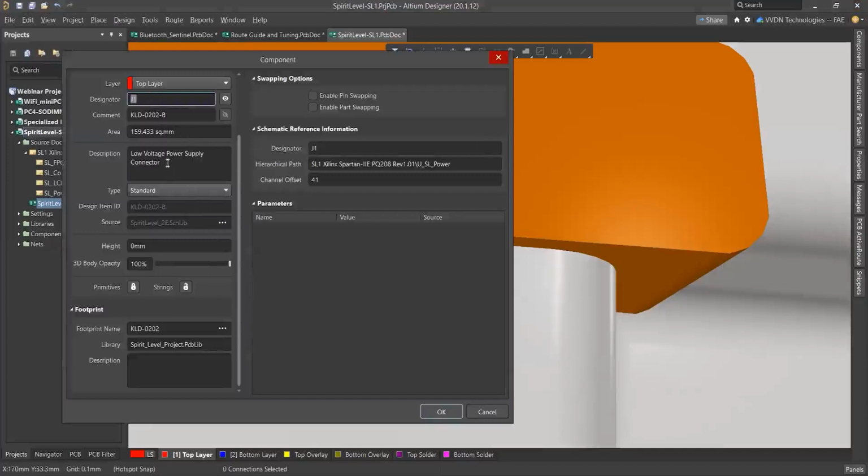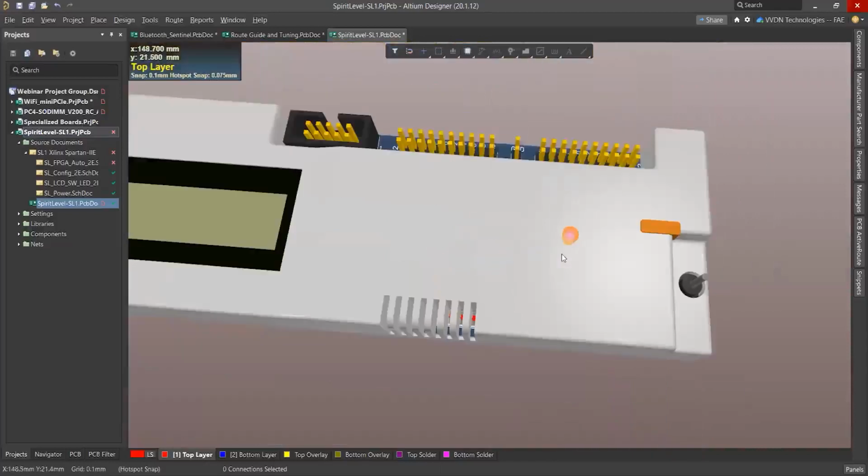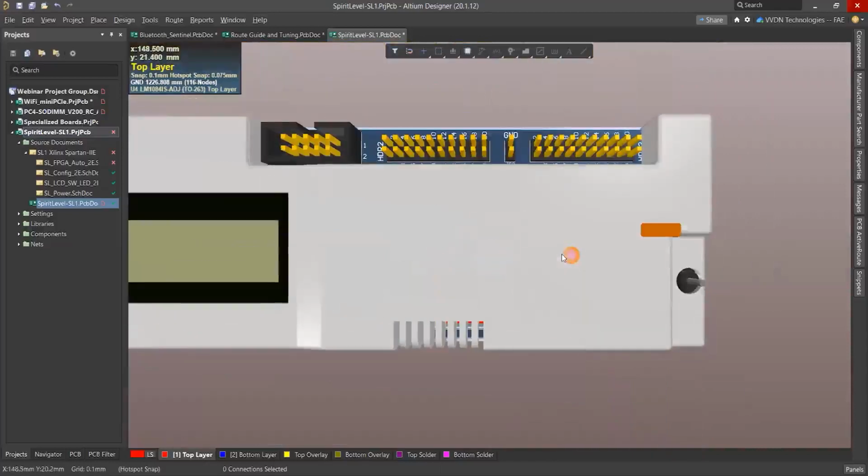Instead of this component we can change the STEP files, or otherwise we can change to any other component. We can select, verify and do the changes. So like that, mechanically and electrically, we can work together through Altium Designer.